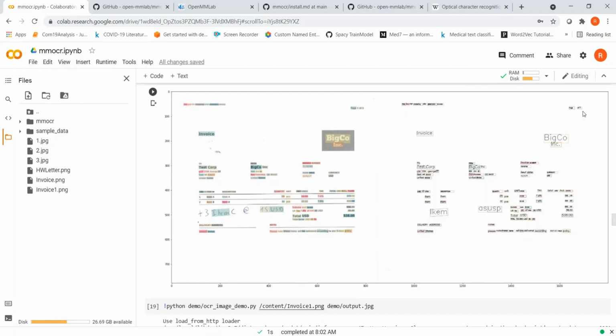Bigco Inc. is correctly identified over here, but here you see that item which is handwritten, this +3 is not identified. And there are some characters at the rate $1, so that also goes for a toss. This is a document of mixed text: you have handwritten text as well as printed text.